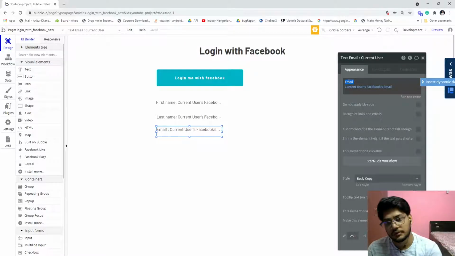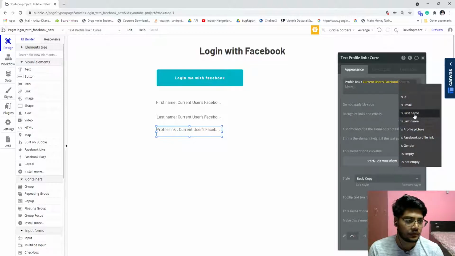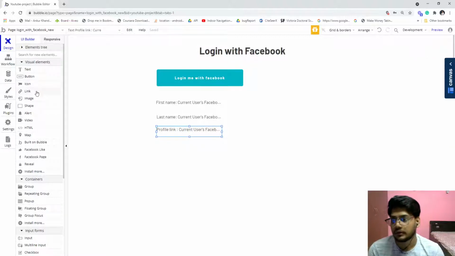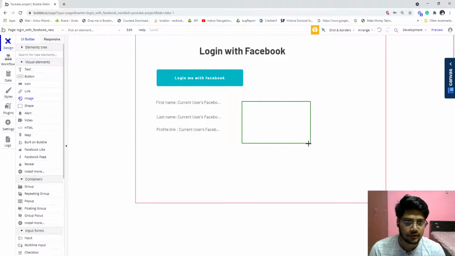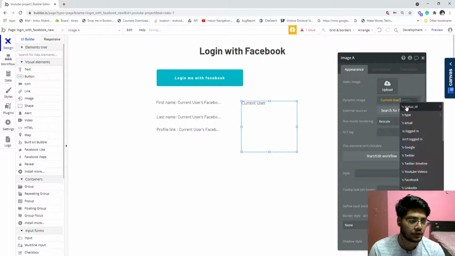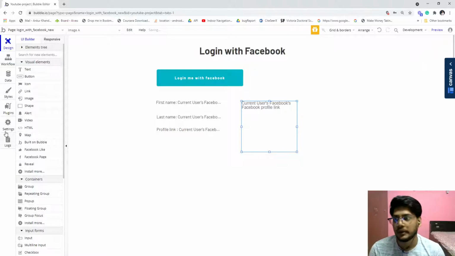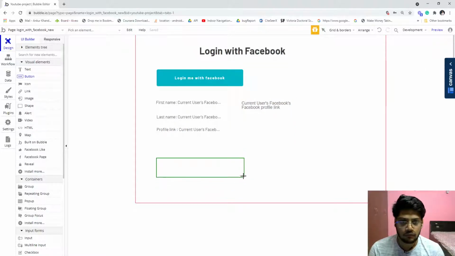It is the same as the others. Then profile link, and for the image, just create one thing here. Not a static one, dynamic: current user, Facebook, profile link. And we place one button for the logout.